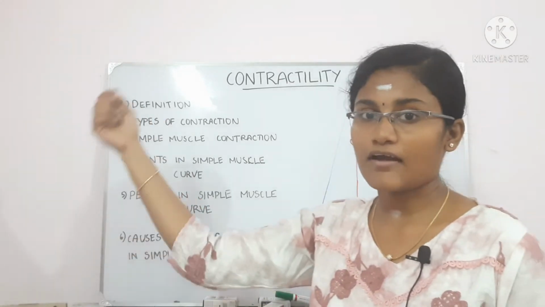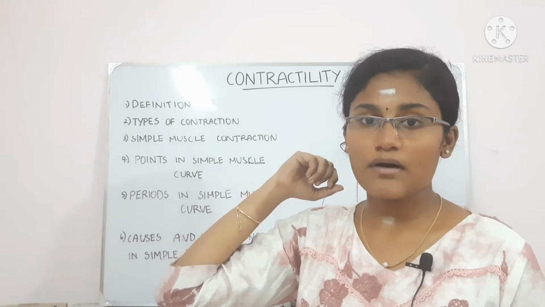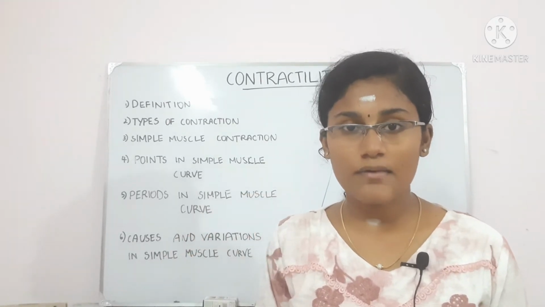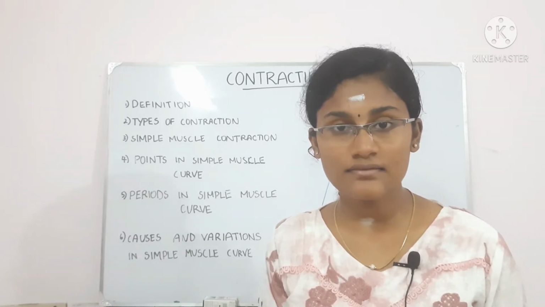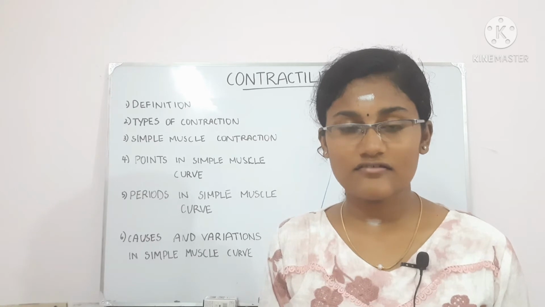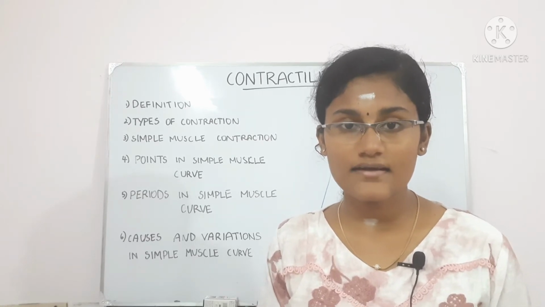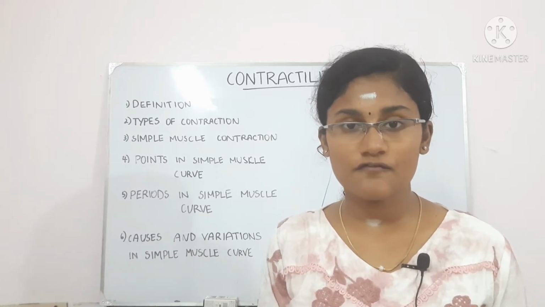A simple flexion of the arm is an example of isotonic contraction. Here the muscle fibers are shortened but the tension remains the same. But in an isometric contraction, the muscle fibers have the same length but the tension is changed. So the tension of the muscle fibers is different. An example for that is pulling a heavy object, which causes our muscles to be stiff.